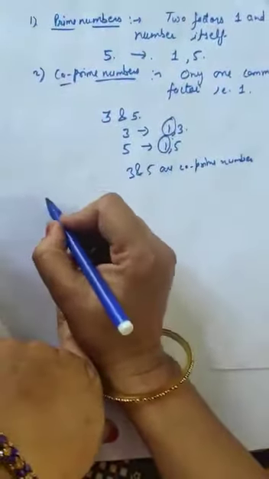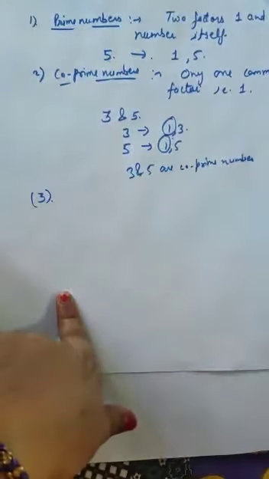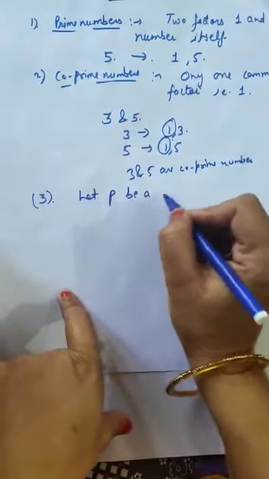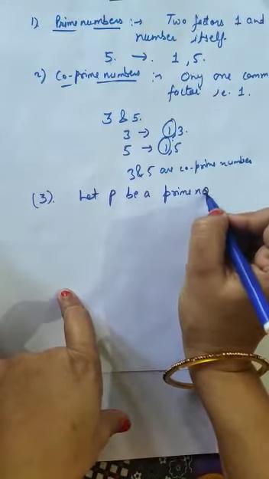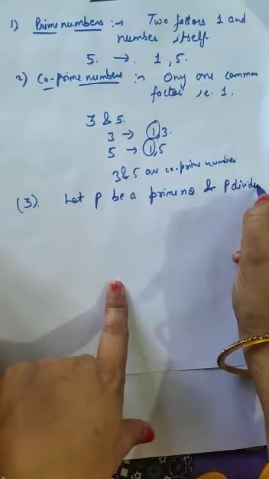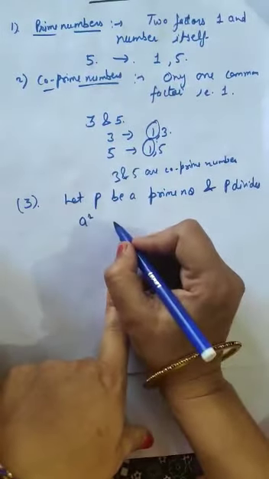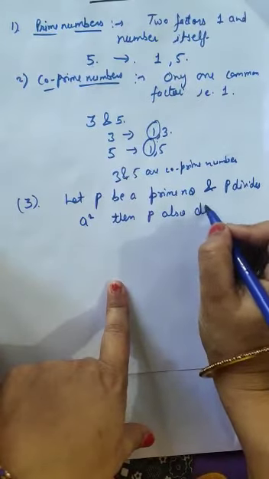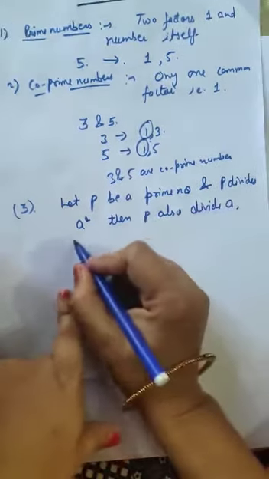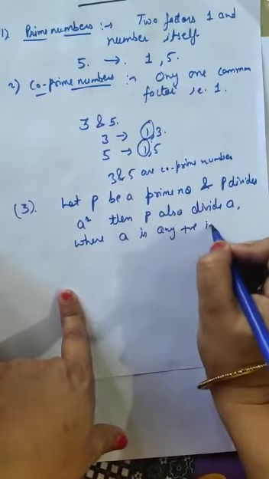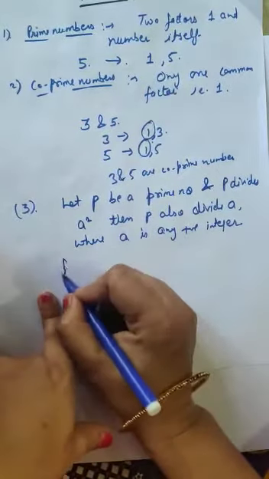Our next result is the third result. Let P be a prime number and P divides A square. Then P also divides A, where A is any positive integer. For example,